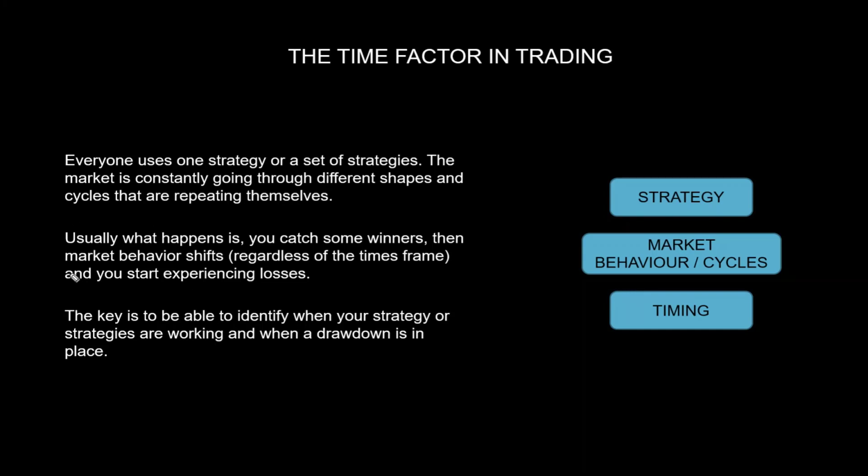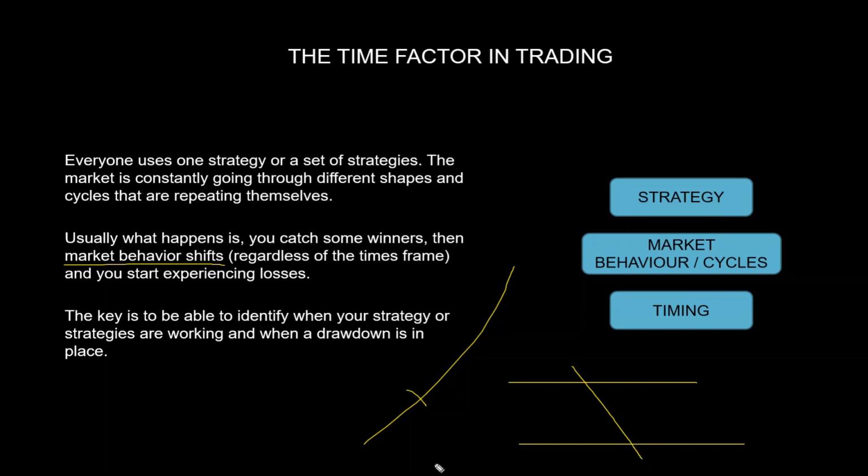So usually when the behavior of the market changes, your strategy stops working, because let's be honest, there is no strategy in the world which is going to cover both market conditions, trending and zigzagging. Usually it's one or the other. So that being said, at that stage, which is totally unrelated to the subject we're talking about today, think about this. You will be better off if you have at least two strategies in your set of tools. One for trending conditions, one for ranging conditions. This is just a bonus tip for you.